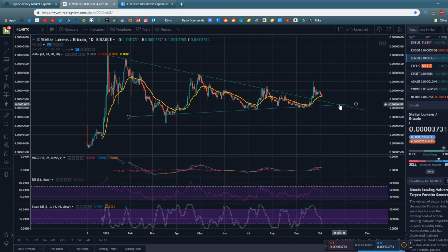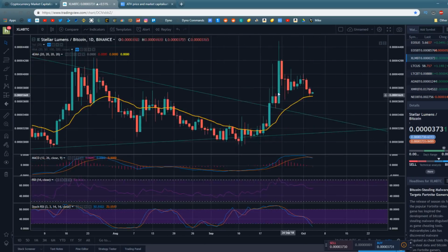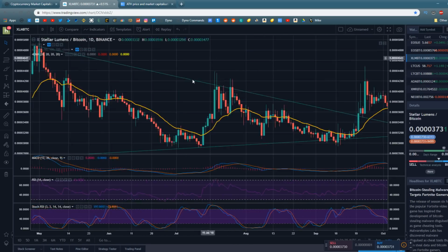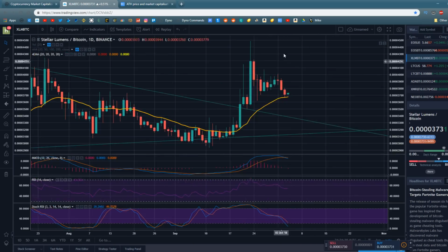We were looking for a cross within the next month, and we did actually get a bullish breakout of this. I didn't manage to catch this trade, but I was hoping to catch this trade. I just didn't see it. But if you had managed to watch Lumens get above this downtrend of resistance, you could have made some very good gains here. I was trying to catch a breakout over here. I unfortunately didn't catch it because we didn't get the breakout, and I missed it on this one because go figure I did. But nevertheless, we did see Lumens come up here and get a very nice little rally,